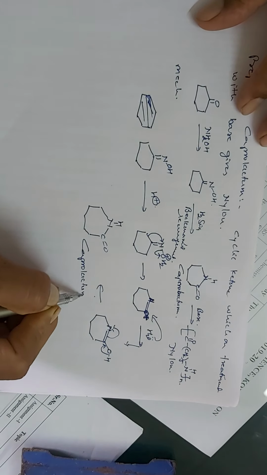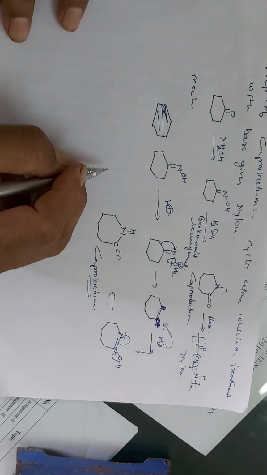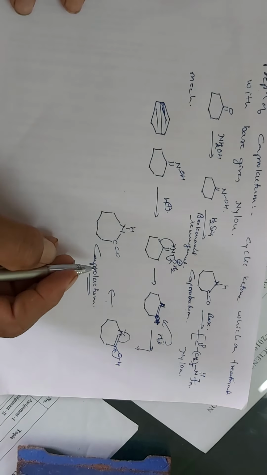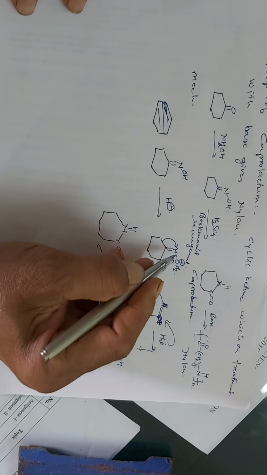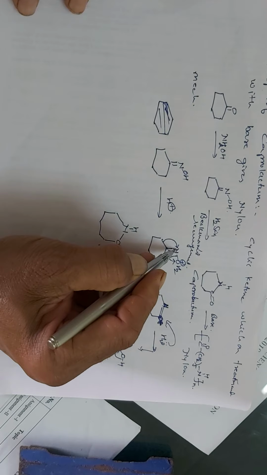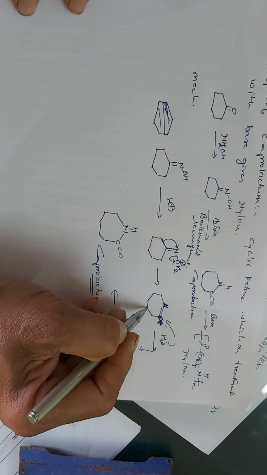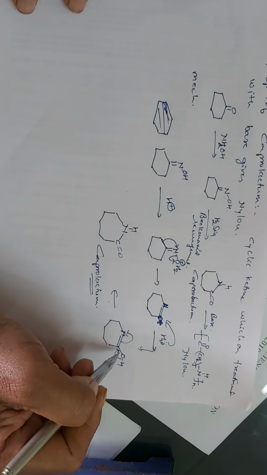And here we finish up with the Beckmann's rearrangement, which is a rearrangement to the electron deficient nitrogen. We have seen that the electron deficient nitrogen is formed here, and the migration of the alkyl group takes place. By breaking this bond, the 6-member ring is converted into a 7-member ring, and then it reacts with water and gets converted to an amide, that is the N-substituted amide.